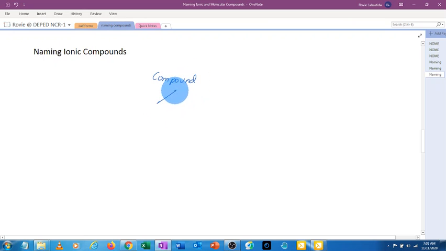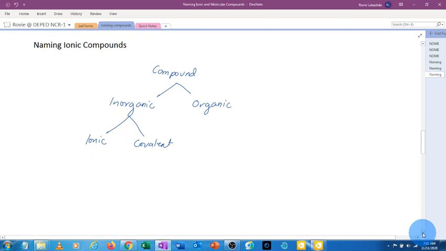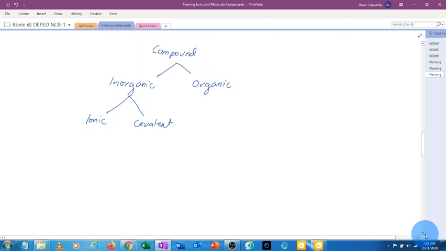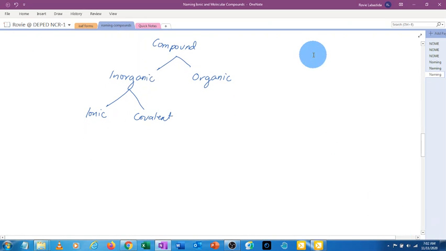can be classified as inorganic or organic. And inorganic compounds can be further subdivided into ionic and covalent or molecular compounds. Okay, let me adjust the frame. And we can further divide ionic compounds into